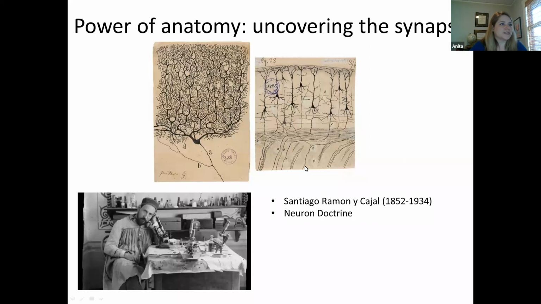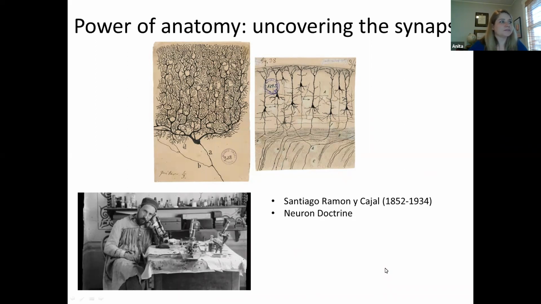He had developed this stain, and Santiago Ramón y Cajal made a lot of drawings of neurons in all kinds of parts of the brain, from the brain through the spinal cord into the body. There was a really excellent exhibit on tracing that was recently in New York of some of Ramón y Cajal's drawings. He was able to discover the space between neurons by improving on this Golgi stain. So it really shows